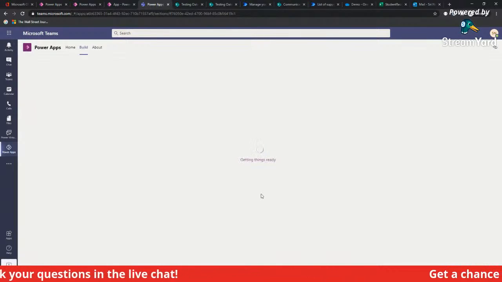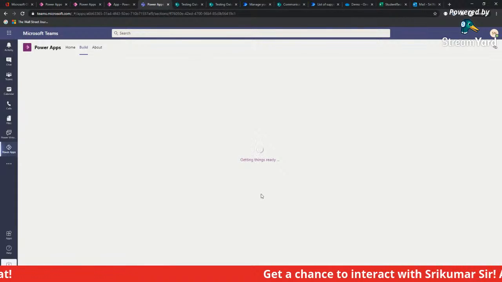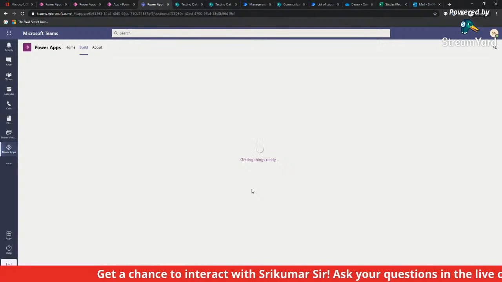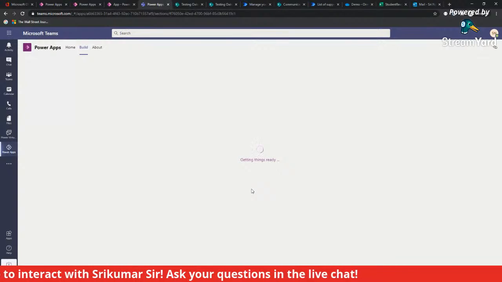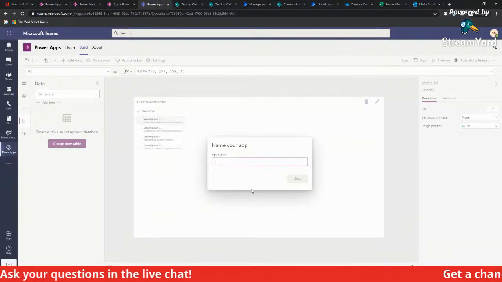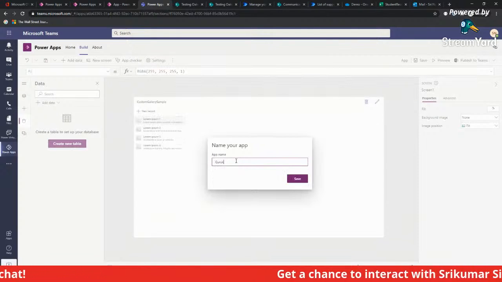The one more interesting thing here is you will have a place to create tables inside of Teams itself, and those tables is what we are referring to as Dataverse for Teams. So you don't have to have another Excel sitting there or another SharePoint list or anything. Your app and your data will be sitting right inside this Teams experience itself. Let's just say it's Gurukul test.